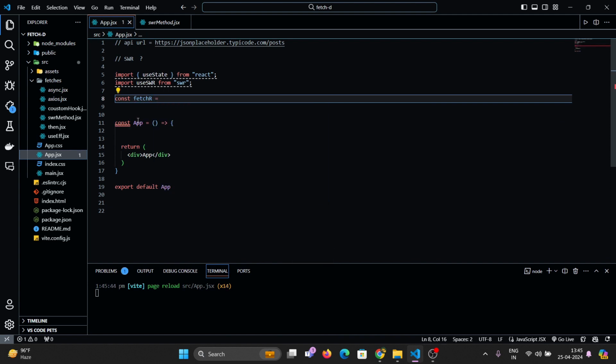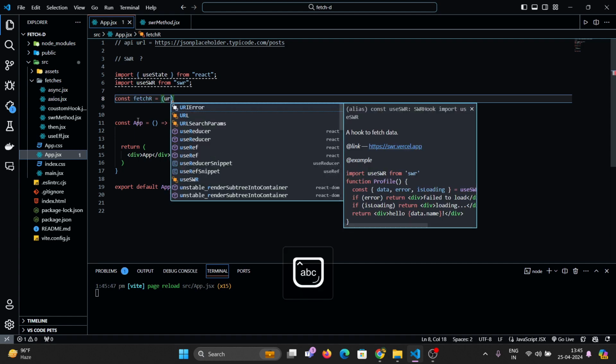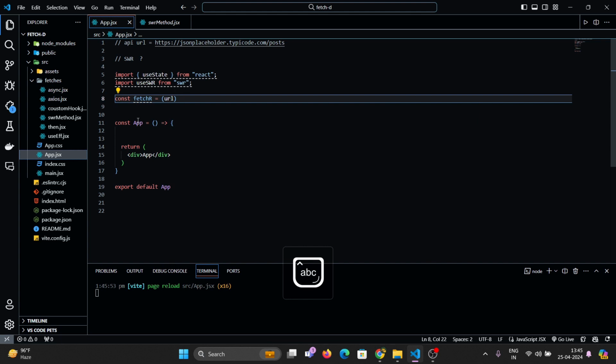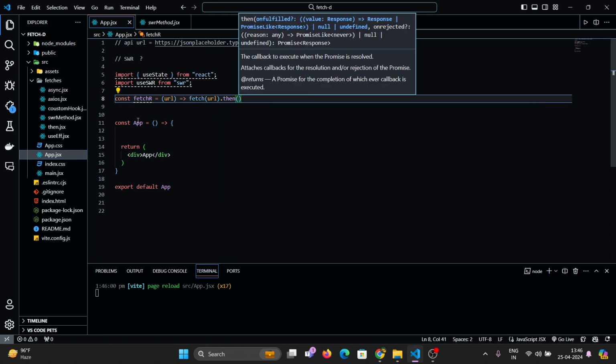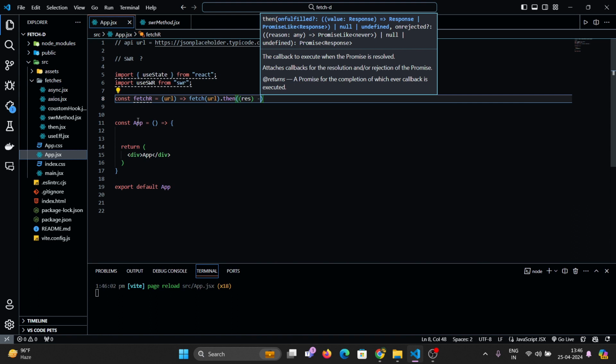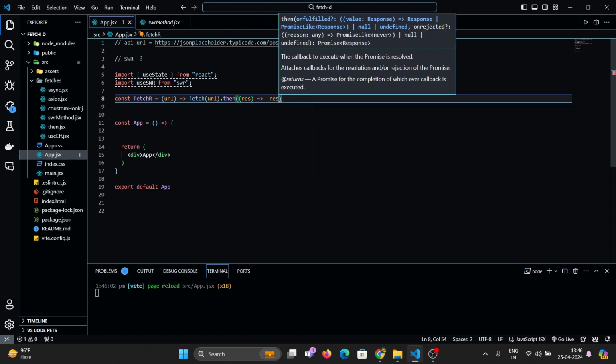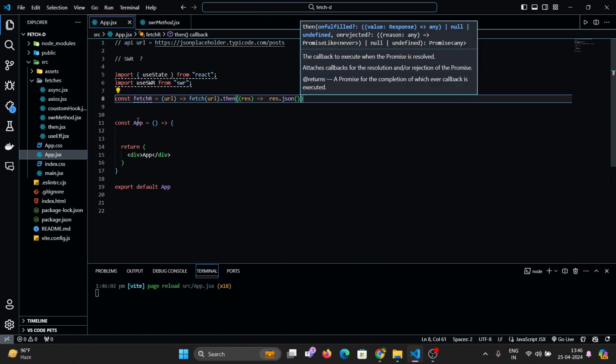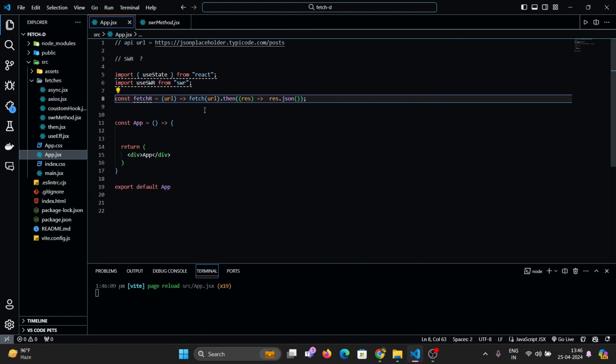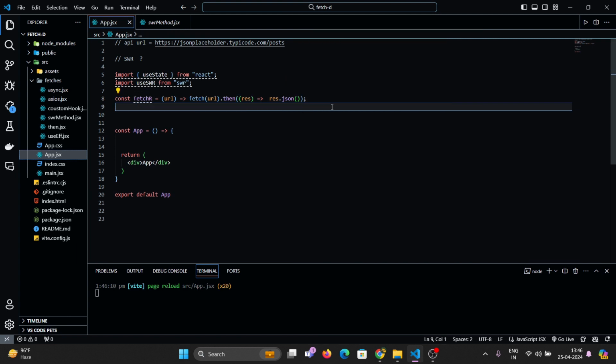It takes a URL, and then makes an arrow function that fetches the URL, resolves it, takes the response and returns the response as JSON. This is a neat and clean syntax to get the response back in JSON format.